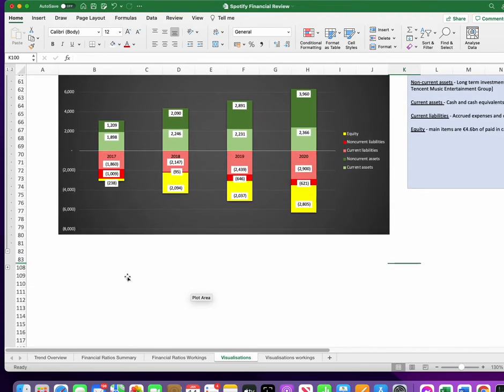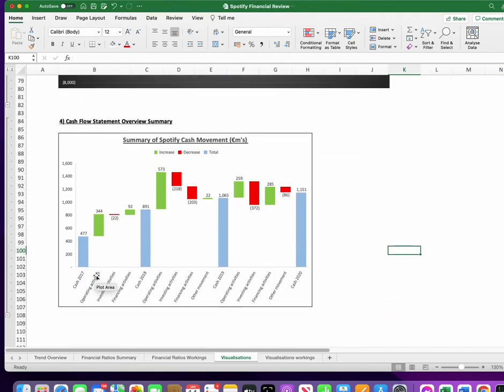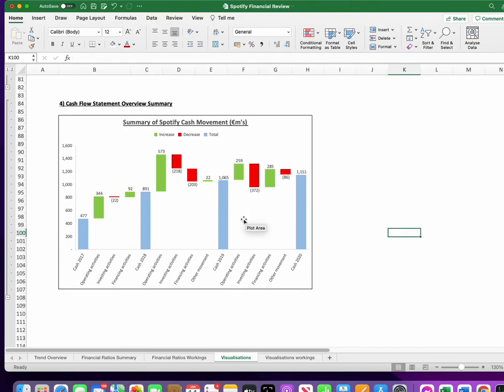The last visualization here is our cash flow statement summary. Just to talk you through this one, in 2017 they had 477 million of cash and cash equivalents, and you can see each year here in the blue bars that is increasing every year. In 2018 that grew to 881 million, 2019 just over a billion, and then almost 1.22 billion in 2020. You can see what's impacting that cash is really the cash generated from operating activities, which is having a favorable impact on their cash. Some outflow here during 2020 for some form of investing activities. So that is just a bit of an overview of